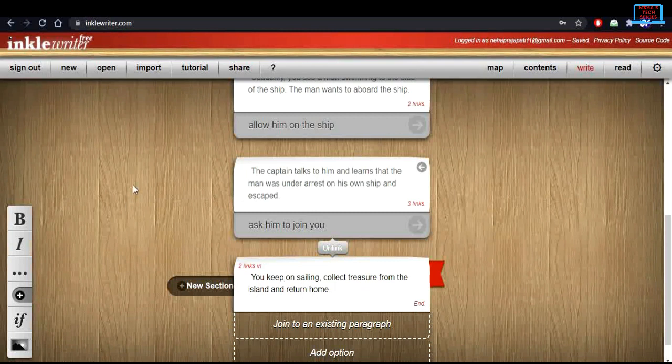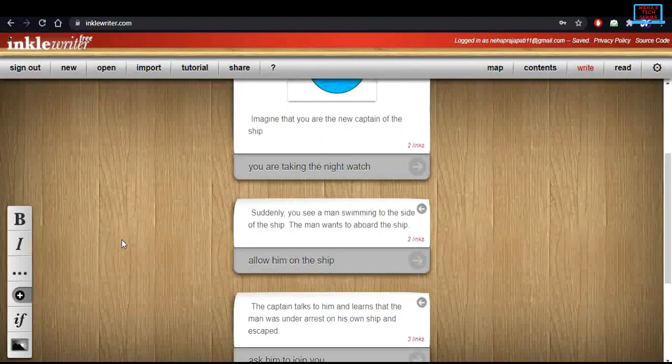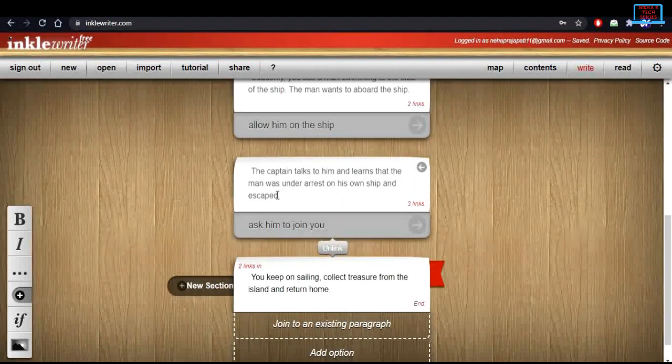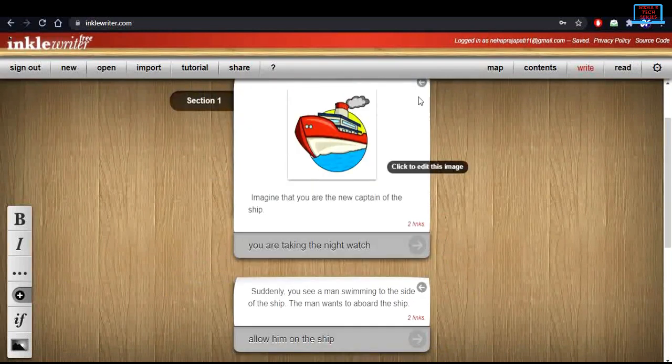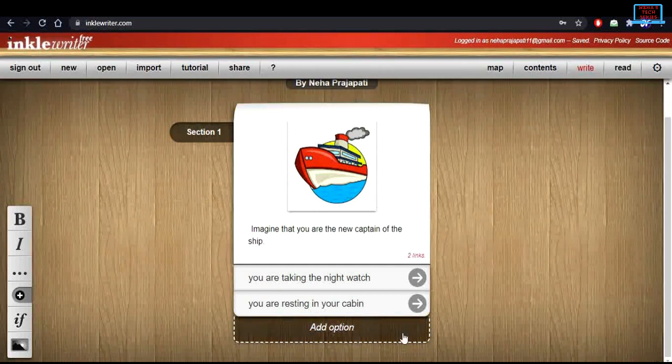So now once your story is completed, you can also just review it, and if any loose ends are there or any paragraph is not matching, you can also add, and to every section you can add the image over here. So now let us see whether any loose ends are there or not. After writing the story, you just have to close everything by clicking the reverse arrow that is placed on the top right corner of every section, and only this should remain, so that when your story begins, it starts from the beginning. So let us read and see whether anything is left or not.